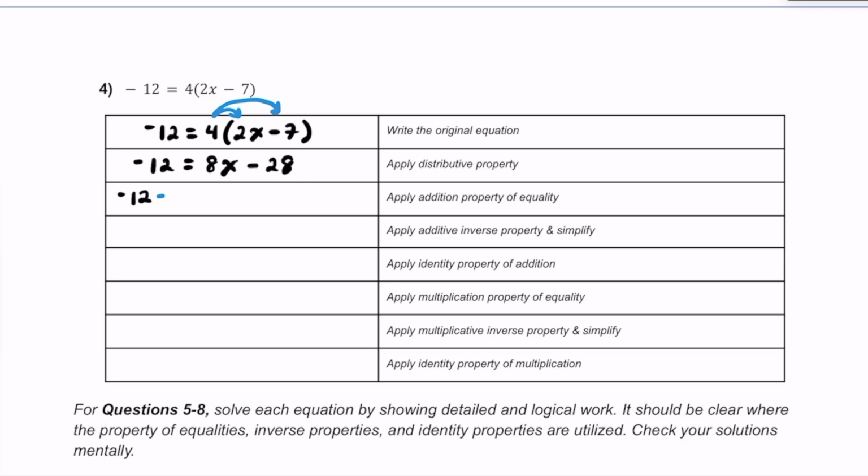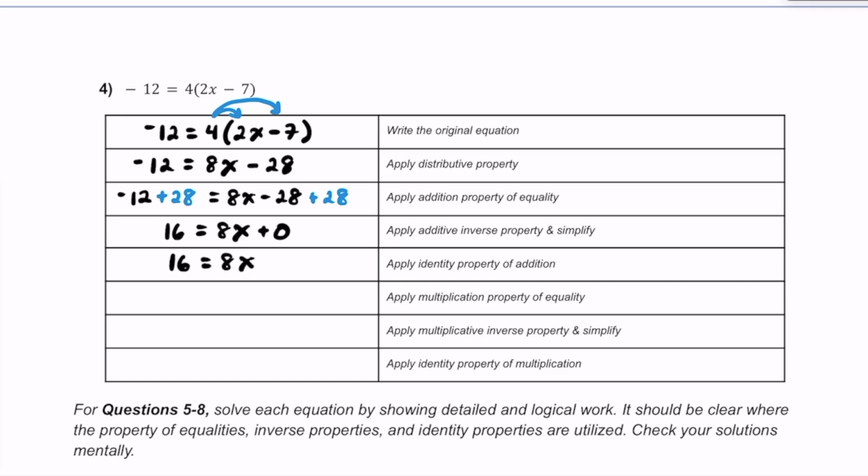So we have negative 12. We're going to add 28 on the left side. And on the right side, we have 8x minus 28. Let's go ahead and add 28 on the right side here. All right, on the left side, negative 12 plus 28 is going to be 16. And on the right side, we have 8x. And then using the additive inverse property, these add to get 0. Okay. Using the identity property of addition, we can go ahead and drop that 0 and just say 16 is